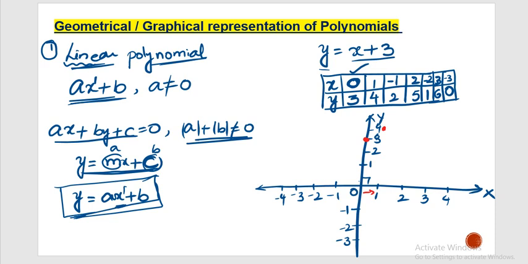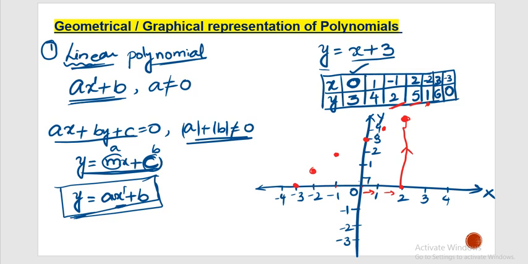The same way minus 1, 2. So if you want to represent this point, move 1 step to the left and from there 2 steps up. So that means my point will be here. So this is nothing but minus 1, 2. The same way 2, 5. That means 2 steps to the right and then 5. So somewhere here my point will be, right. Next minus 2, 1. So minus 2, 1 means my point will be somewhere here. Next 3, 6 means somewhere here it will be. Next minus 3, 0 means you will get here, right.